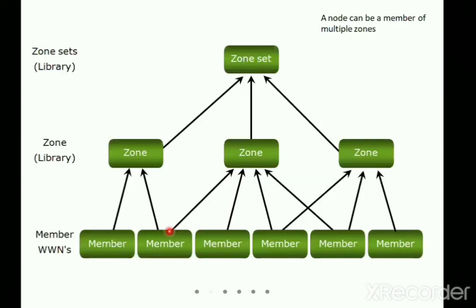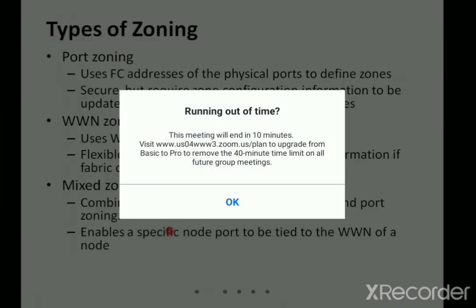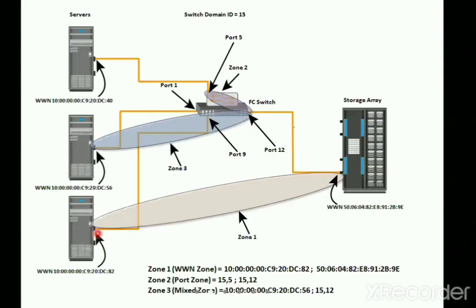And here in this same figure, you can check that we have this node port connected to another node port with a different worldwide name. So this is acting as zone 1. Which zone is that? You can check here, that is the worldwide name zone. The storage array will be in some place, and this server will be in another place. So when they both are directly connected, I call it a worldwide name zone.